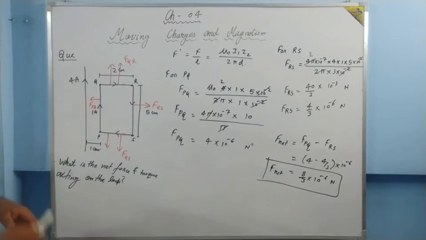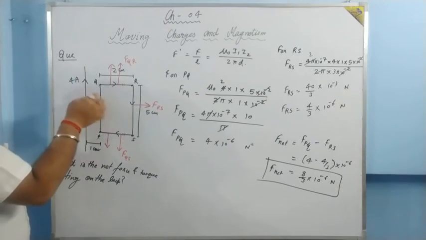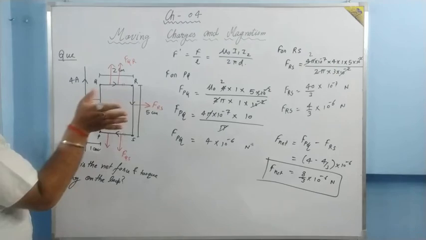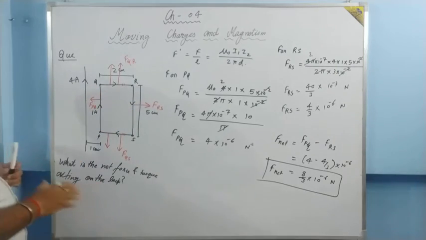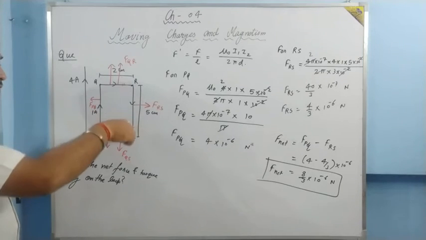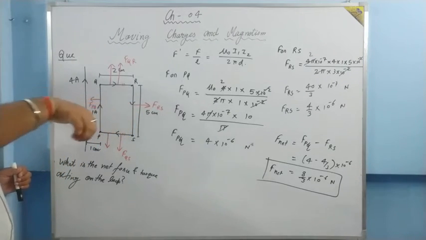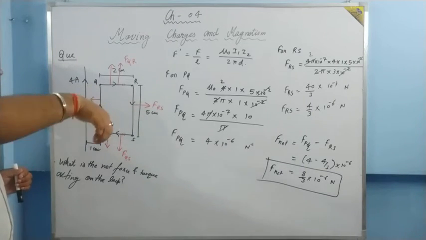Torque will be 0 because current is in this direction and the magnetic field at each point on this side of the wire will be inward. And when we talk about the direction of the area vector, since the current is going this way, we curl our fingers to find the direction of the area vector. Area vector will be in this direction.